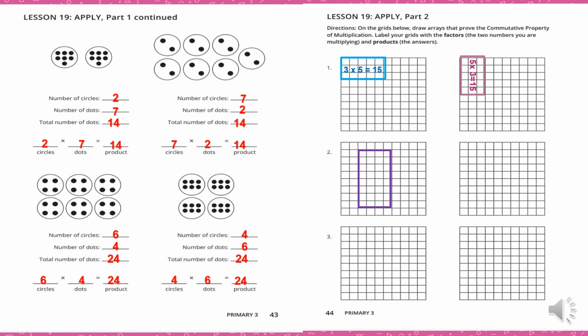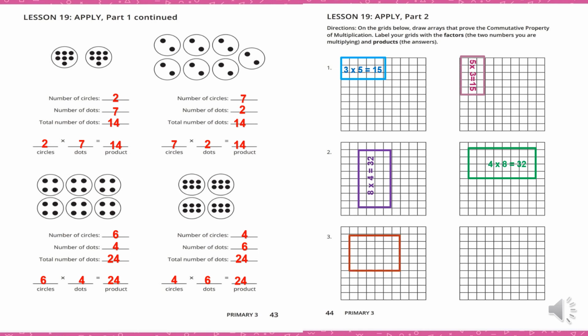Another example, I will draw this rectangle. Inside this rectangle we have an array. How many rows do we have and how many columns? 8 rows and 4 columns. The commutative property for it will be 8 times 4 equals 32, so 4 times 8 equals 32. We can switch factors and the product will not change, so it will be 4 times 8, 4 rows